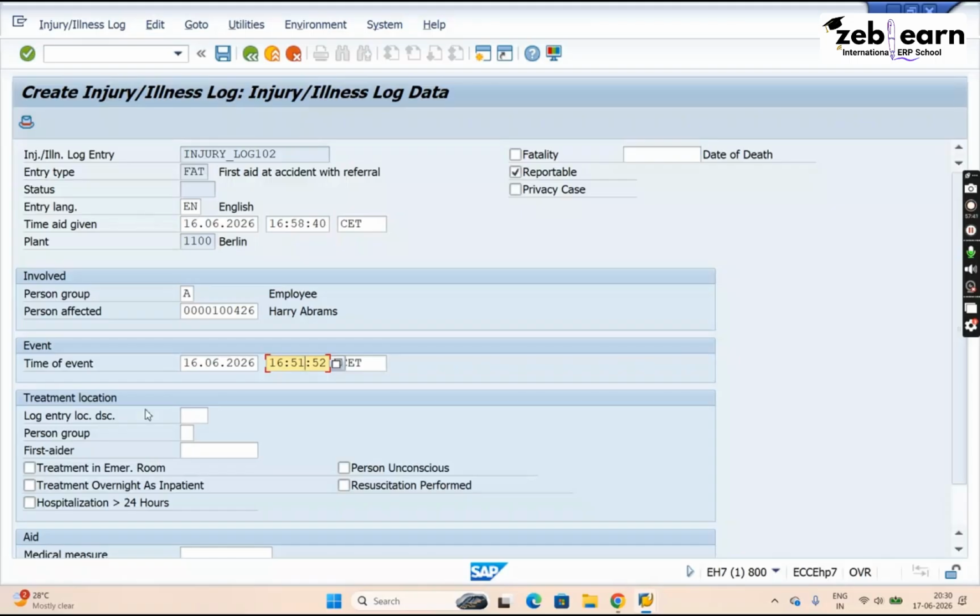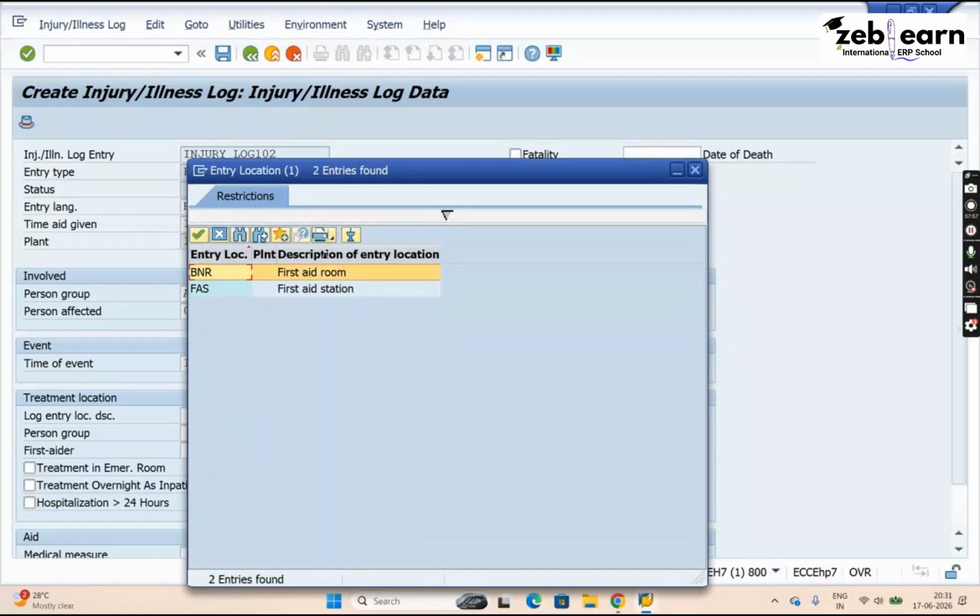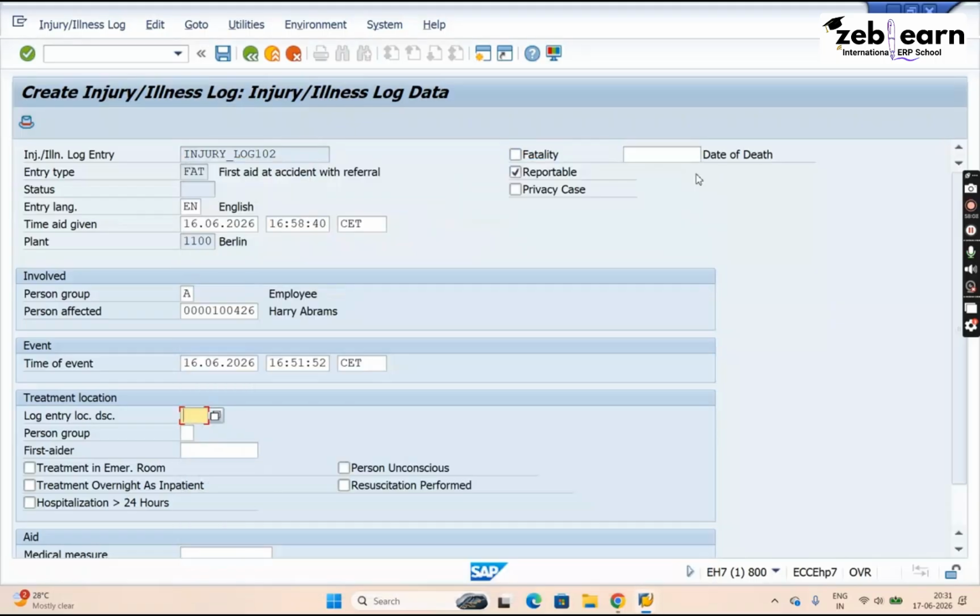Next, again if you come down, we have the log entry location. So from where are you creating this injury illness log? Either you are creating from the first aid room or first aid station, or if you want to create any other new location, that is also possible. First let me show you. These are the possible locations from where we are creating this entry. It can be a first aid room, first aid station. If you want to create one more, again go back to SPRO. Under SPRO, you have the option to